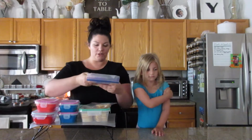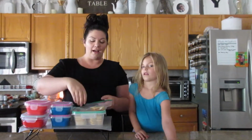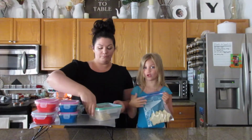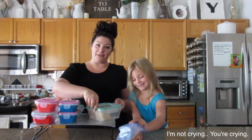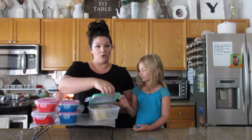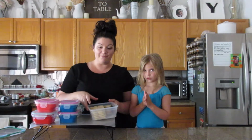So I have a lot of cookies here. I just cut out a bunch of sugar cookies, but you can use any sugar cookie recipe that you like. They're so good. Just so you know, my mom makes cookies. Oh, thank you. That's very sweet. So I got this recipe on Pinterest. I'm going to leave the links below. It's just a really good sugar cookie cutout